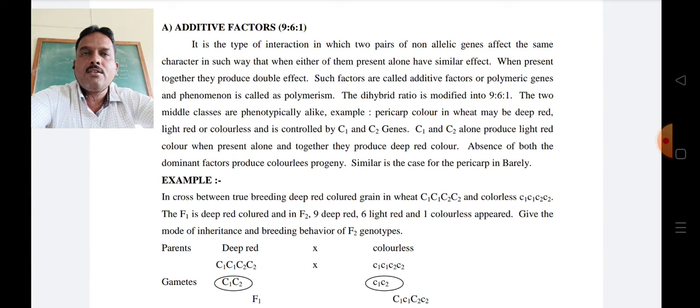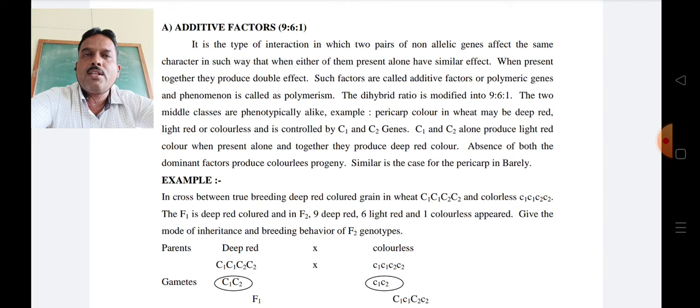So which condition do we have to observe in case of additive gene interaction? In this type of gene interaction, two pairs of non-allelic genes are involved, but the interaction may occur in such a way that either of them has a similar effect when present singly, but when they are present together they produce a double effect. So the statement of additive gene interaction is: two dominant genes, when either is singly present, produce a similar effect, but when present together they produce a double effect, and because of that the ratio will be modified as